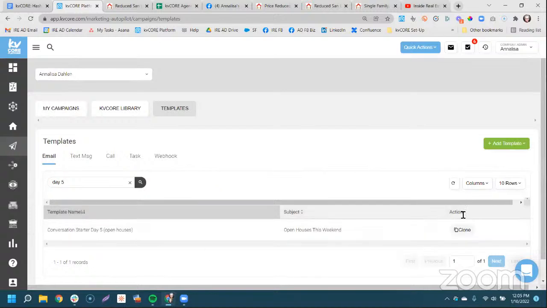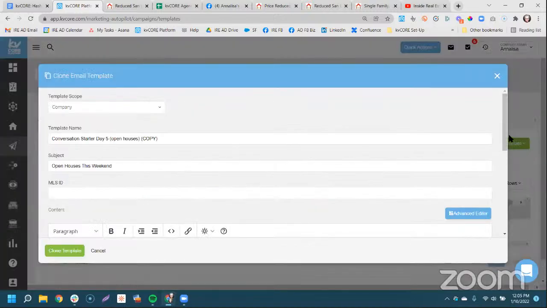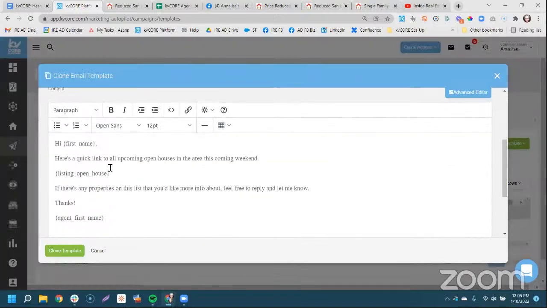Sometimes you have to refresh that clone. So here's a quick link to all upcoming open houses. This is where you might say, here's a quick link to all pool homes in San Diego County between 500 to 800K.